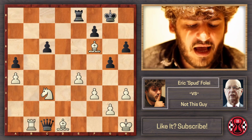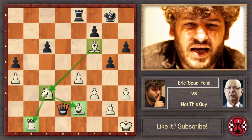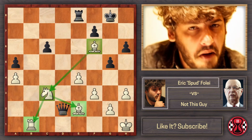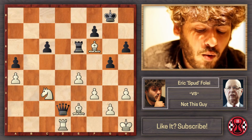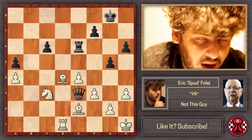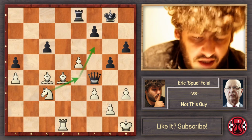Instead, following my concept of material imbalance, I thought, okay, after this and bishop e2, I have total coordination. I am in control. This is what I wanted, my pieces are protecting each other. I was kind of fine. So he played rook e6, but allowed this intermediate move. Again, I'm always getting there in time. He played here bishop d4, again winning the tempo, queen f4, bishop c4, rook e8, and e5,